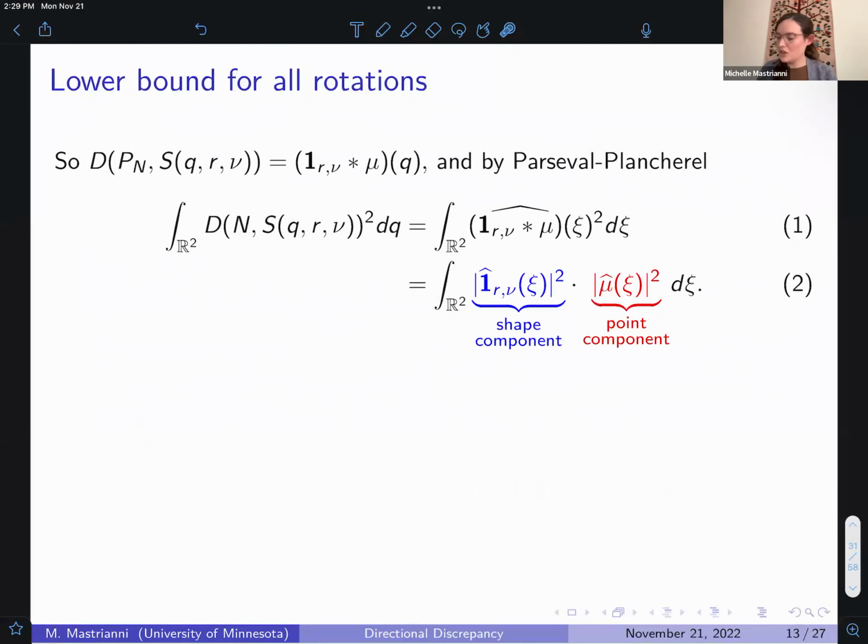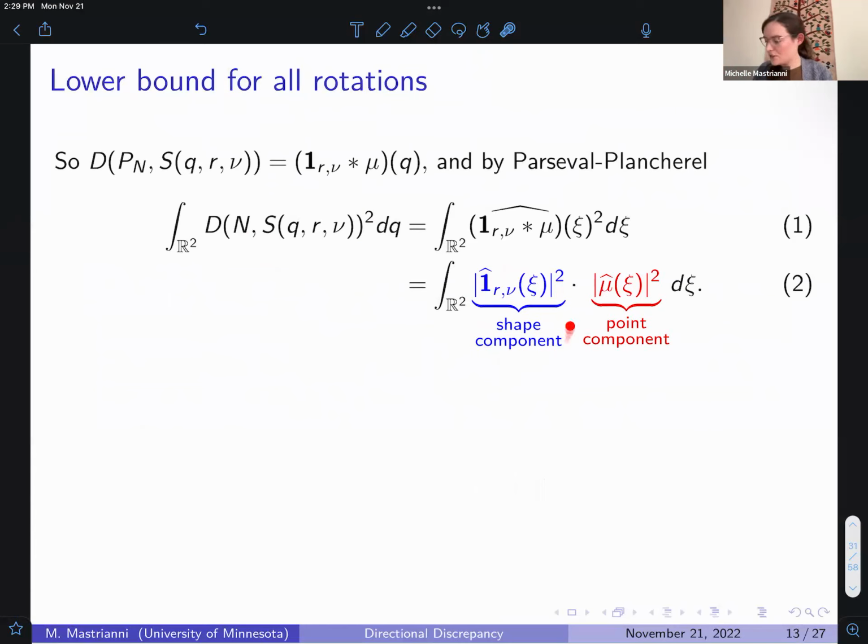So if we look at essentially the L2 average of these local discrepancies over translations of a single square, that's what this is doing, by Parseval-Plancherel, we can rewrite this